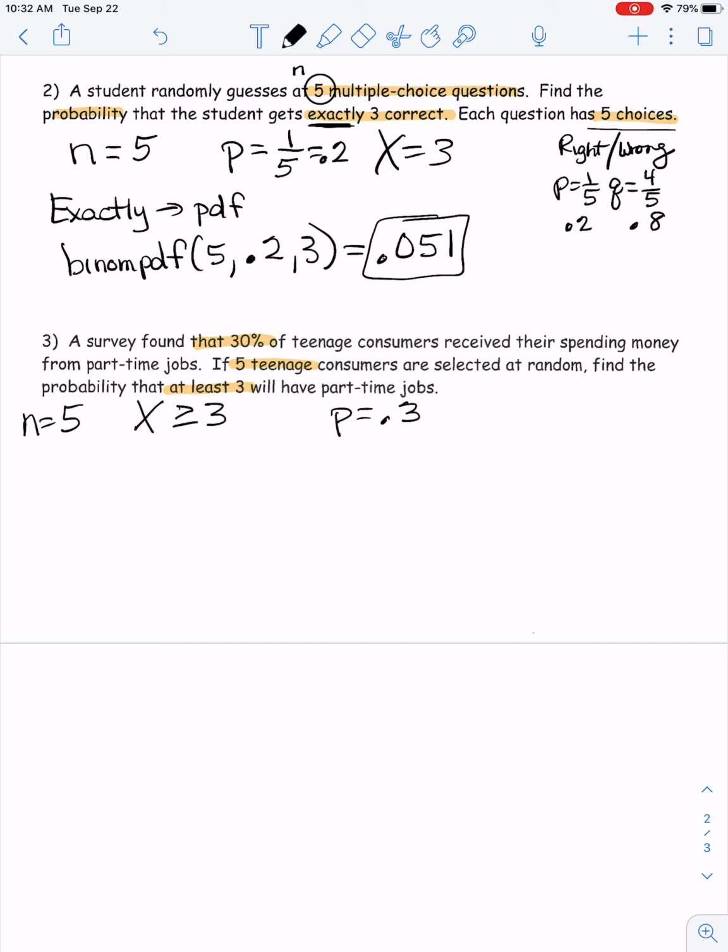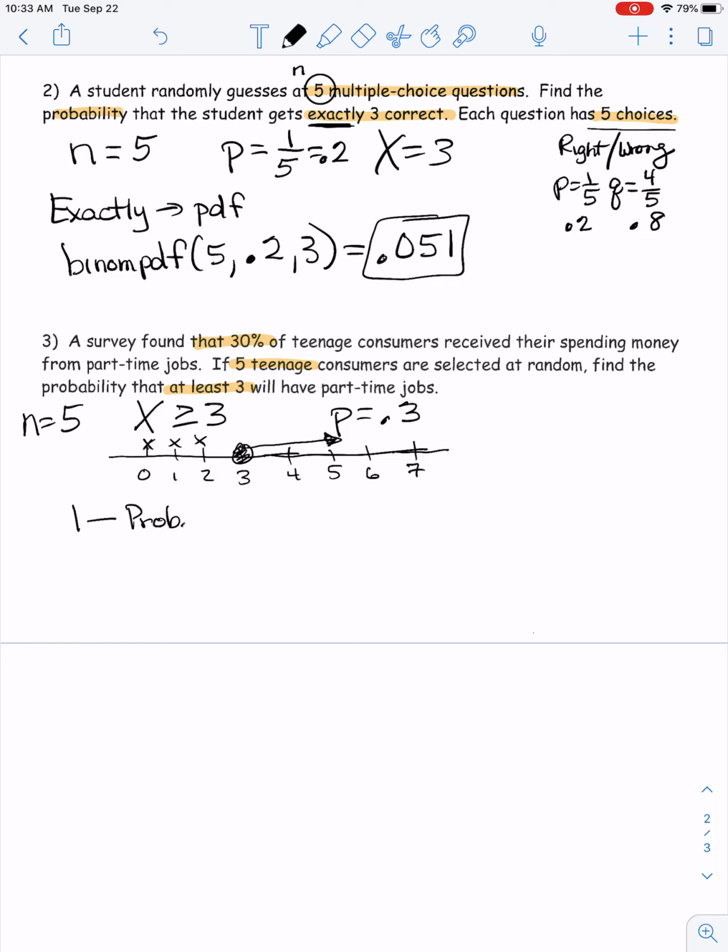Now, this is going to feel different because we want, for any x, if I think of it as a number line, 0, 1, 2, 3, 4, 5, all the way to infinity, however many kids. We're going this direction. Greater than or equal to 3. So greater than or equal to 3 is like this. What we don't want are the probabilities for 0, 1, and 2. So knowing that the sum of the probabilities in a sample space is going to be 1, we're going to say 1 minus